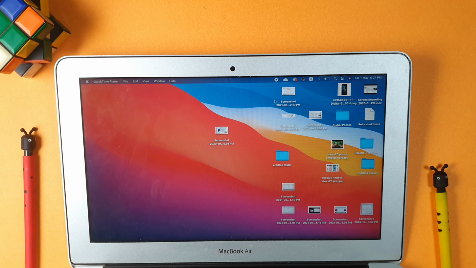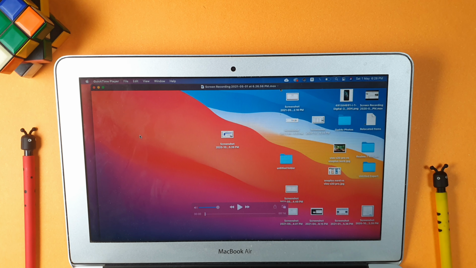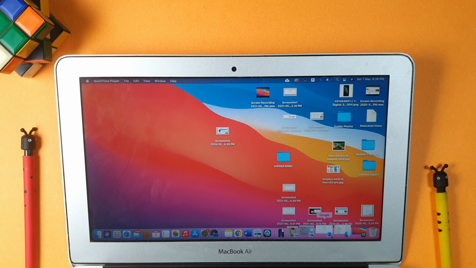Once you hit record, you will see an icon on the top bar where you have an option to stop the recording. When you stop this recording, this point is very much important: after stopping this recording, this particular recording will get saved on your home screen, or we call it desktop. If in case it does not, then please try to save it manually.